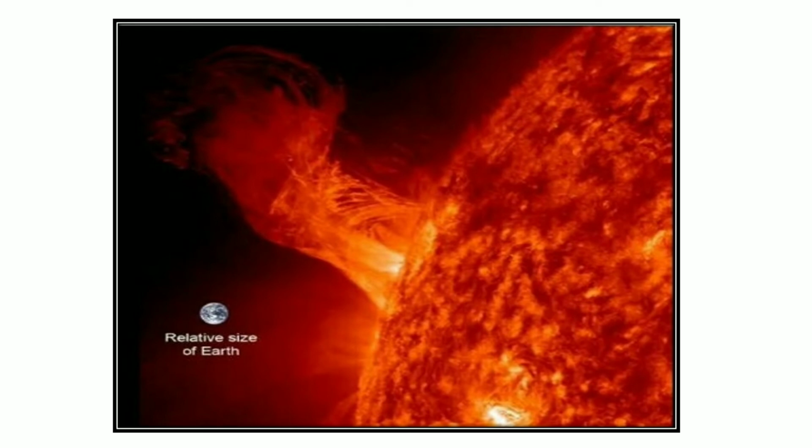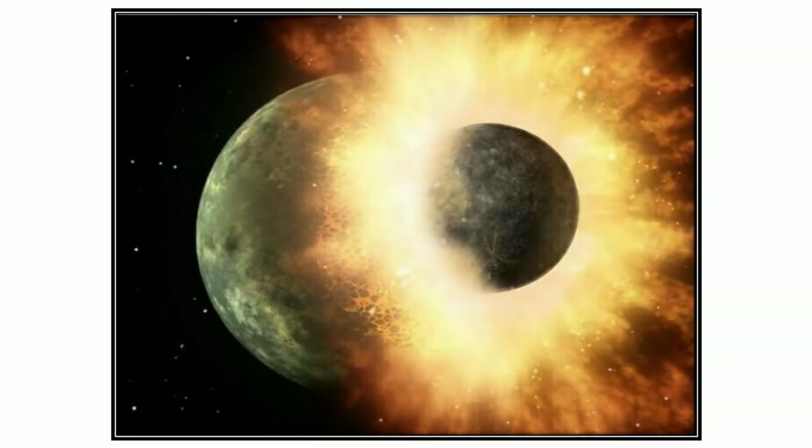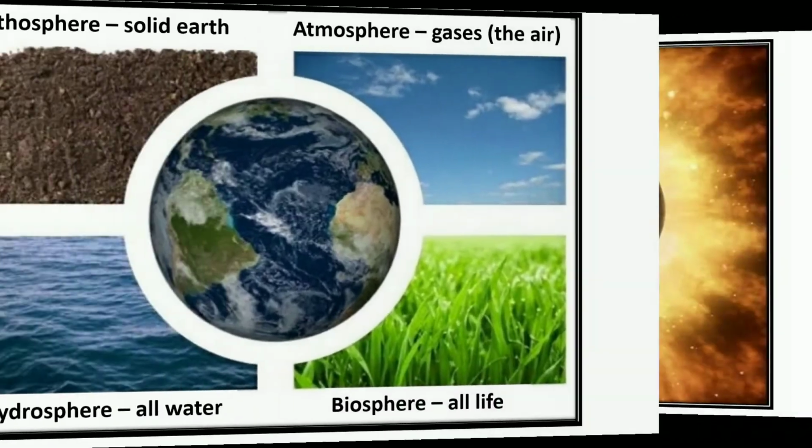Now, to understand this theory in simpler terms, the earth was formed from the sun. It got detached from the sun, the fireball, and it took lots of years for the earth to cool down. In this entire transformation, when the earth was cooling down, after certain stages of years, the earth got divided